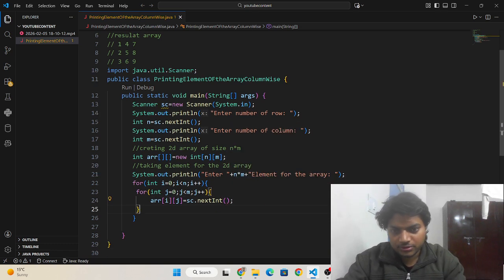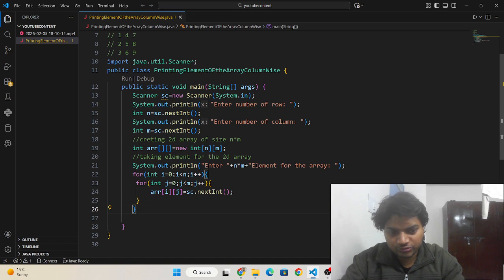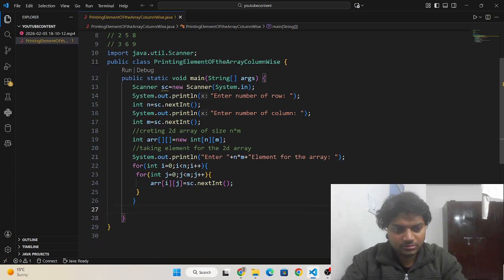We have done with taking user input for elements in the array, and then we are going to print the original array.